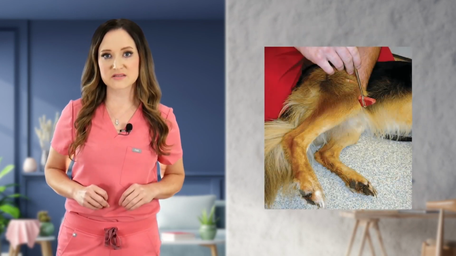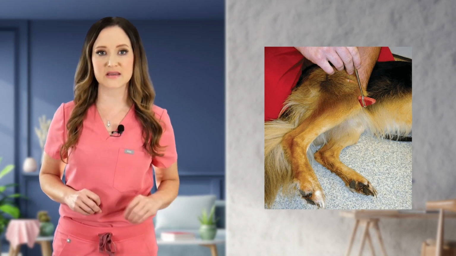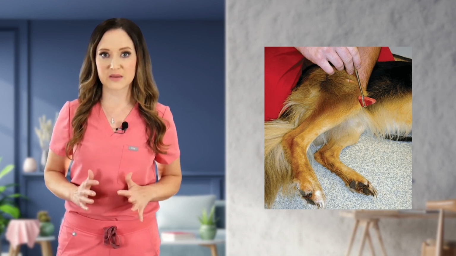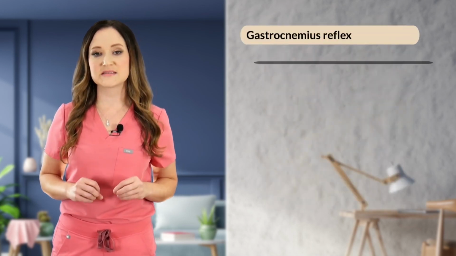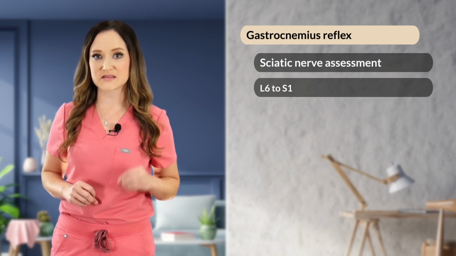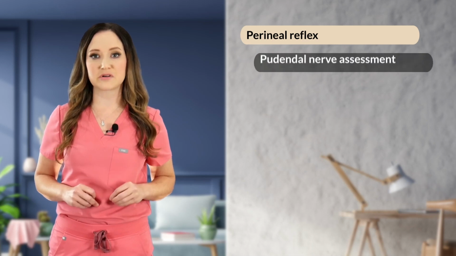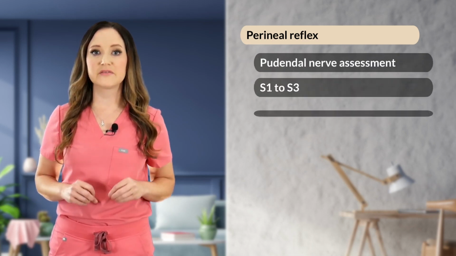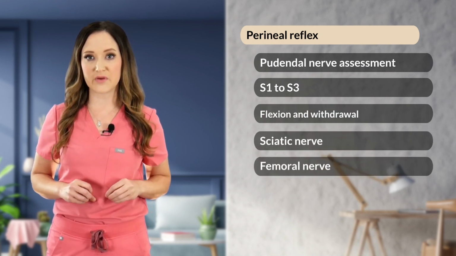The pelvic limb reflexes look at the patellar reflex, which is an assessment of the femoral nerve and the L4 to L6 spinal cord segments, which are the main weight-bearing segments. The gastrocnemius reflex assesses the sciatic nerve at L6 to S1. The perineal reflex assesses the pudendal nerve at S1 to S3. And then last but not least, flexion and withdrawal, which is mostly the sciatic and some femoral nerve for the